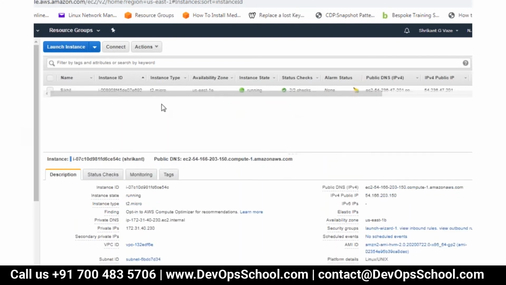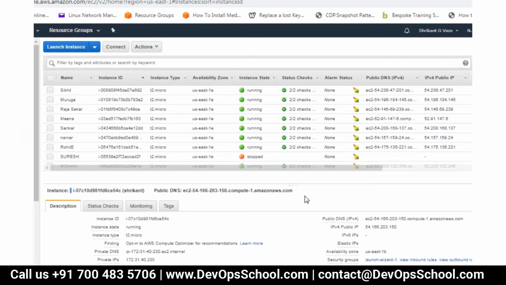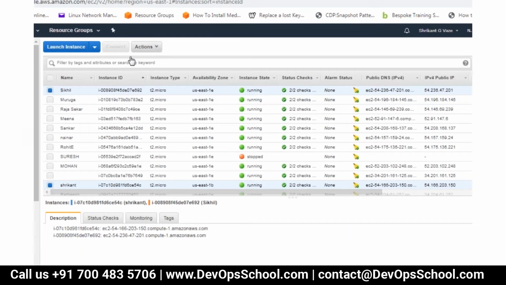Okay. Any other question? Fine. So that is about EC2 Linux instance. In the next exercise, first you need to go ahead and terminate your instances, go to action and terminate.